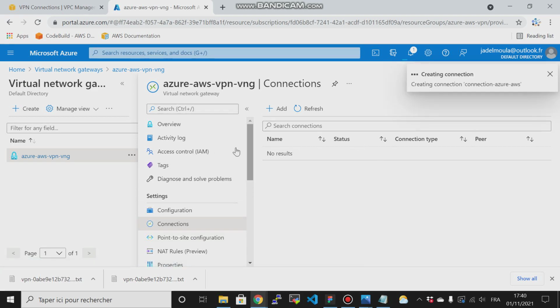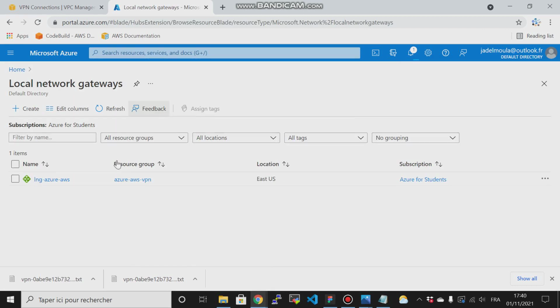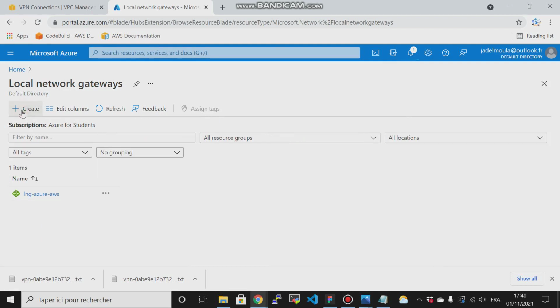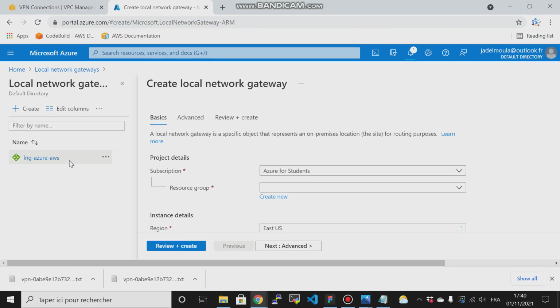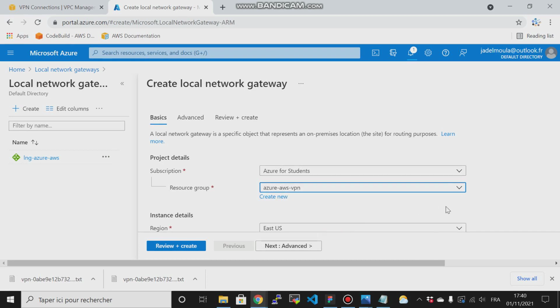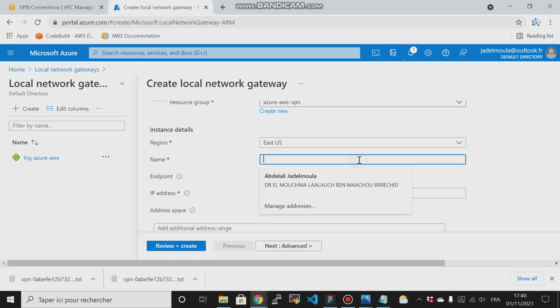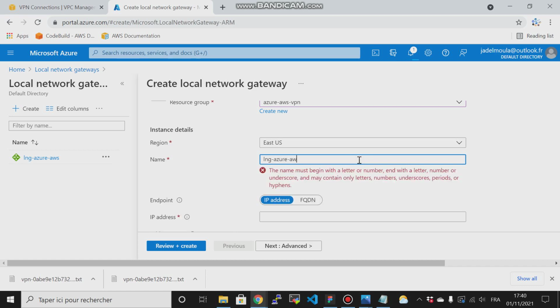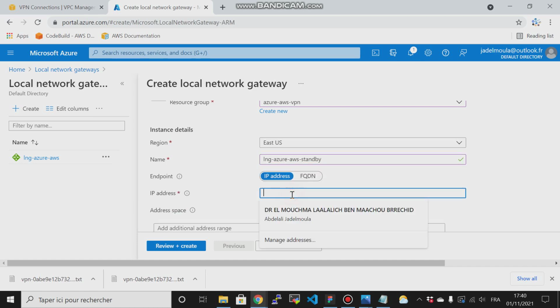At the same time, I will come back and create the standby local network gateway. So if this local network gateway Azure AWS breaks down or stops, the other local network gateway must take its place. So for our Azure AWS VPN, the name I will call it local network gateway Azure AWS standby, and then for the IP address,